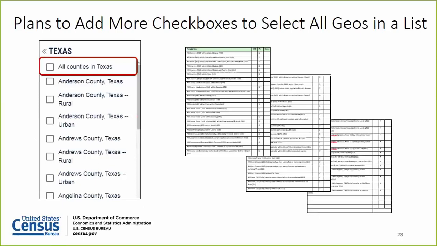Another thing we're working on now is adding more checkboxes to select all geographies in a list, things like all counties in Texas. As you can see here, we have on the right-hand side quite a lengthy list of things that are in the works. This isn't something that you're going to see with the upcoming release, and it may not be something you'll see even for September